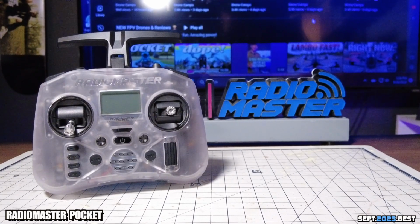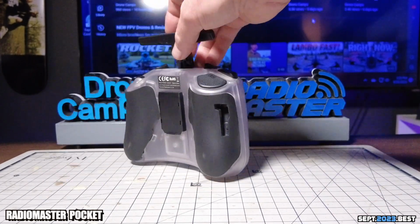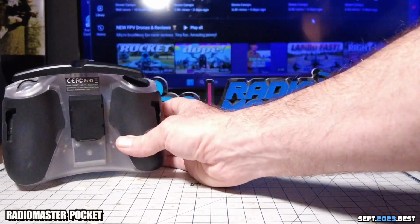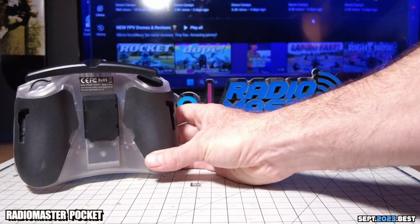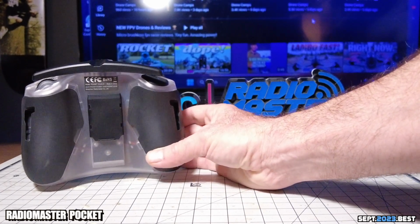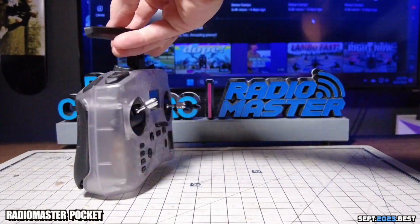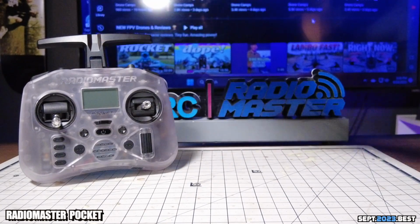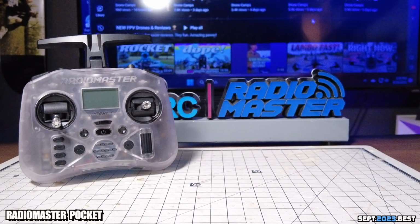The power is not as much as something like the T20 or the Boxer, but it will do for some proximity flying. But if you want to expand on that as well, you have this micro TX bay back here, so you can put a miniature Crossfire module in here, and then you can do some pretty decent, I would say medium range type of flying with the TBS Crossfire Micro in there, or you can expand it to an ELRS module if you're running the CC2500 version. But then you've got some range out of a tiny little